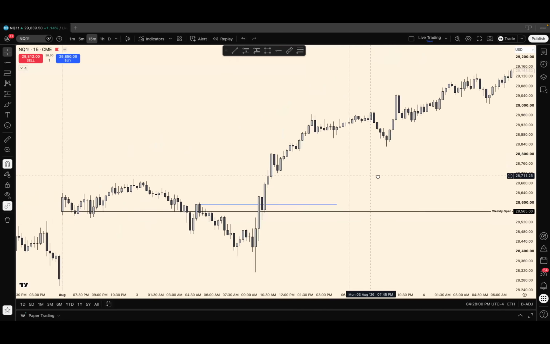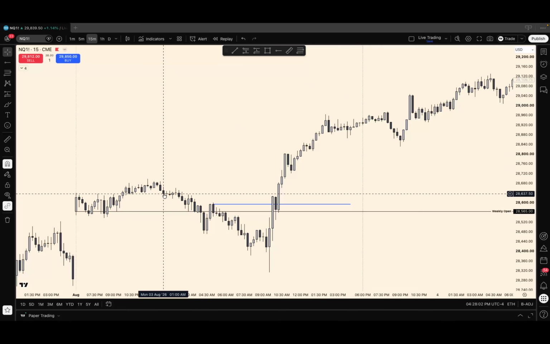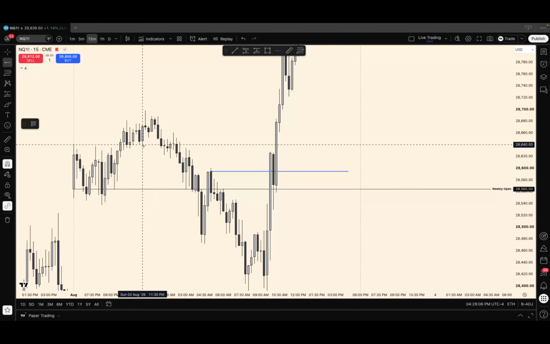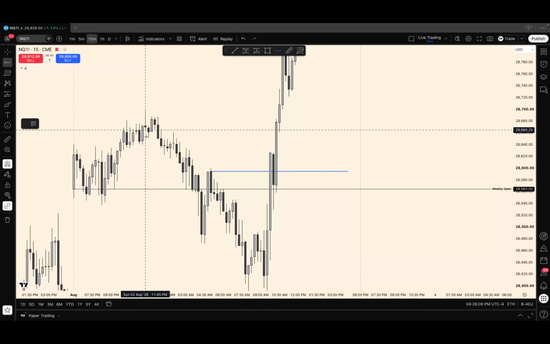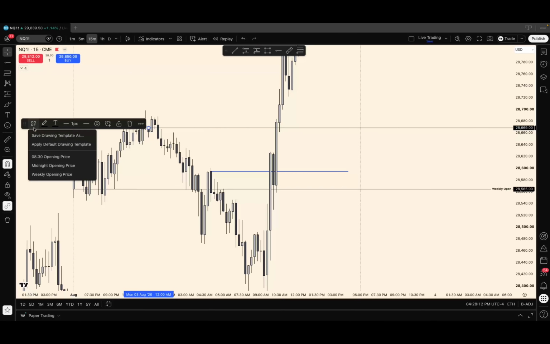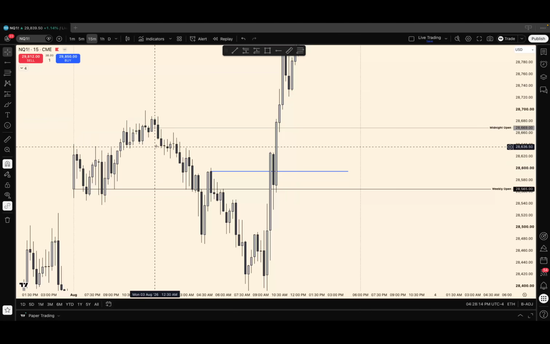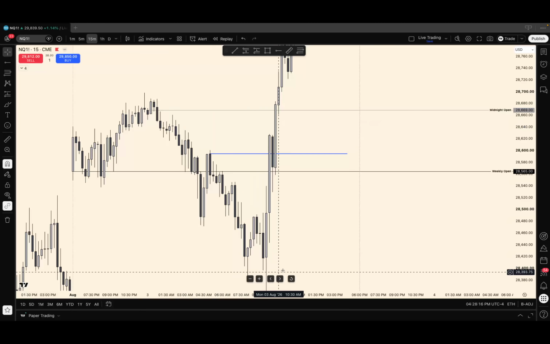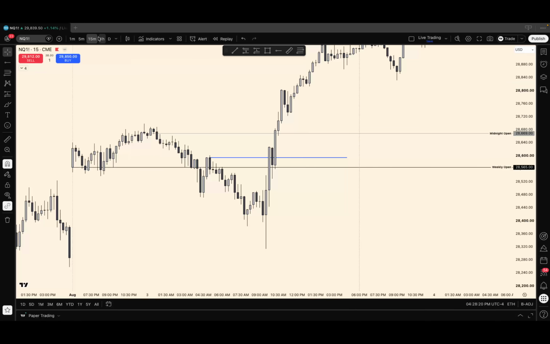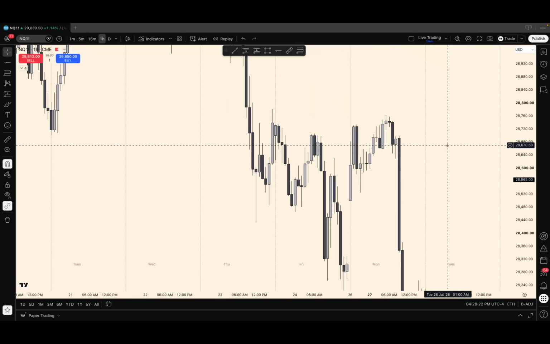So second part of the model, what do we need? We need midnight opening price. And luckily for us, midnight opening price forms above right here. So this is midnight opening price. Here's midnight opening price. As you can see here, the low of week also forms below the midnight opening price. So that's perfectly fine, right? So this 1 hour change in state, you can use it as